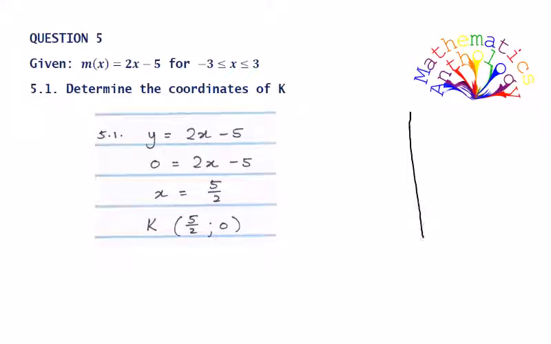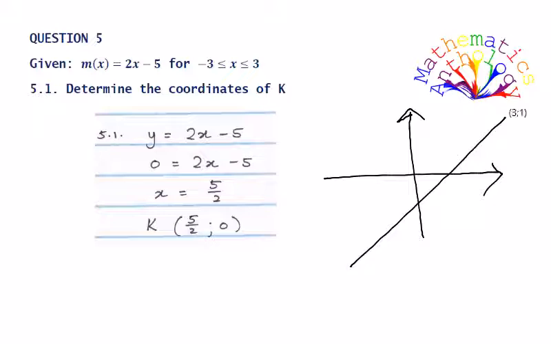Okay, so question 5, we're given the graph m of x equals 2x minus 5 for negative 3 less than or equal to x less than or equal to 3. 5.1, determine the coordinates of k, where k is the x-intercept. So if we make a quick sketch of this diagram on our Cartesian plane, we can draw our m of x graph, which is a straight line graph, but we have a specific domain here,